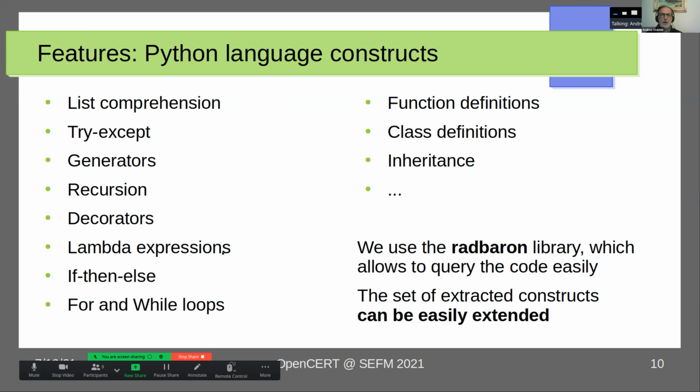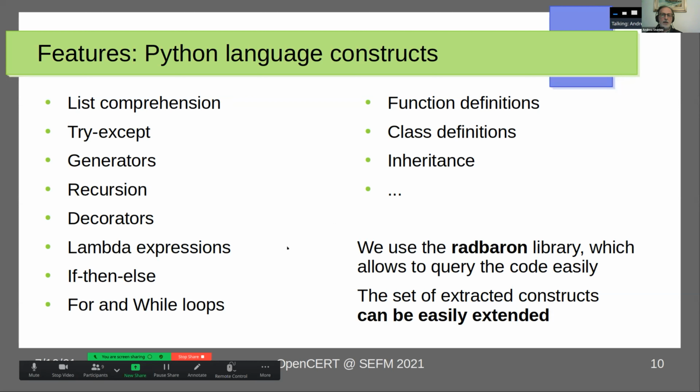Why do we also extract language constructs? The teacher may teach some specific constructs from the language, and could want to push students to use more advanced constructs instead of simpler but, let's say, less elegant, less Pythonic solutions to the same algorithm. We use the Red Baron